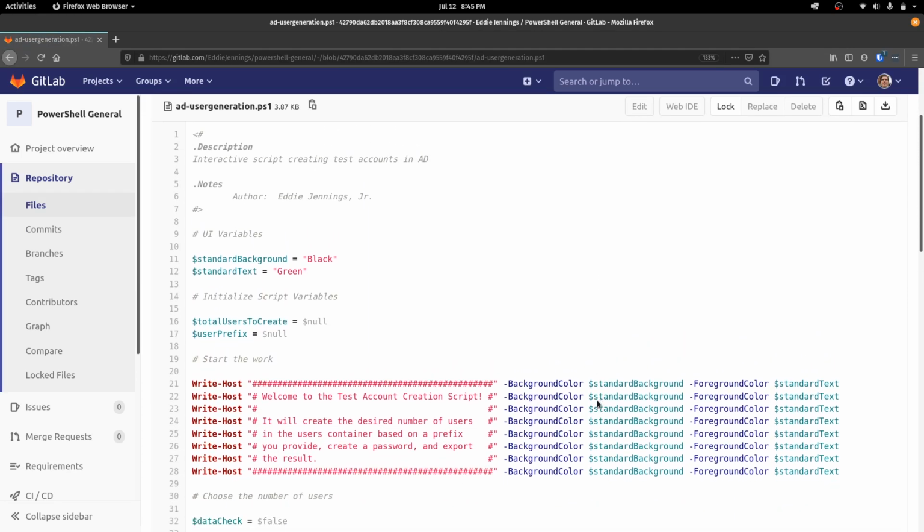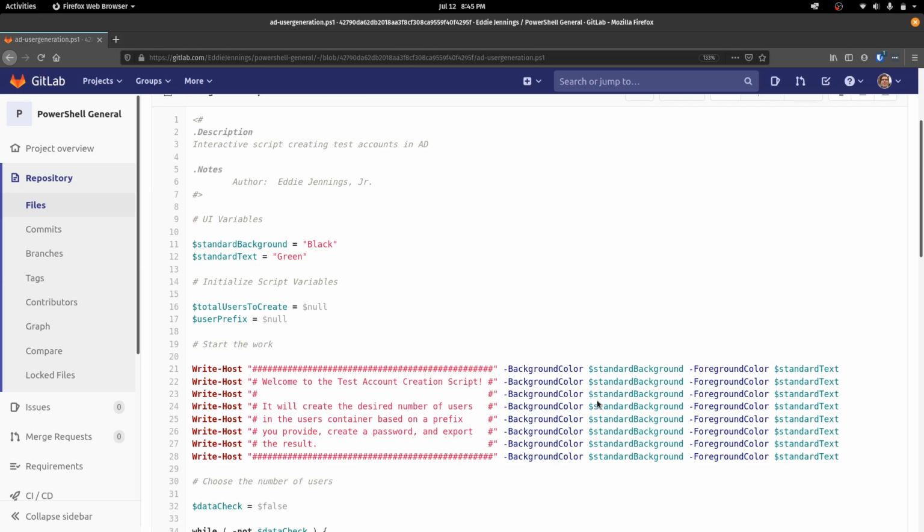So before I'm crucified, there's a reason why I'm using Write-Host with this. If you follow Jeffrey Snover at all, and if you're a PowerShell user and don't know who Jeffrey Snover is, you need to look him up. He's pretty important to the world of PowerShell, and I think I mentioned this before in another video. Everything I've seen about him, like tweets and some videos, he's a pretty nice guy, but he's adamant about Write-Host being a terrible thing, and 99% of the time I agree with him. But this little script here is designed to basically have some user interface with it,